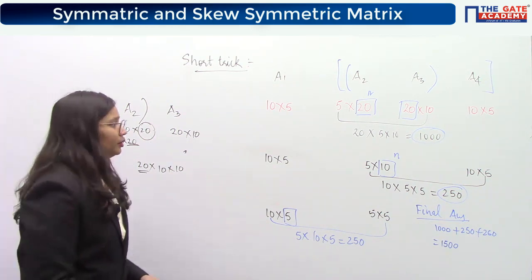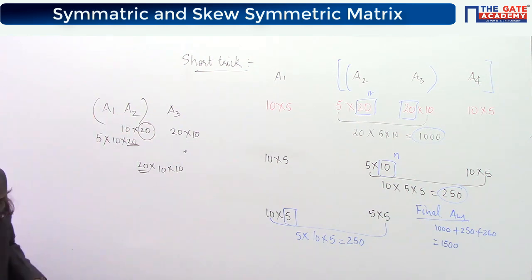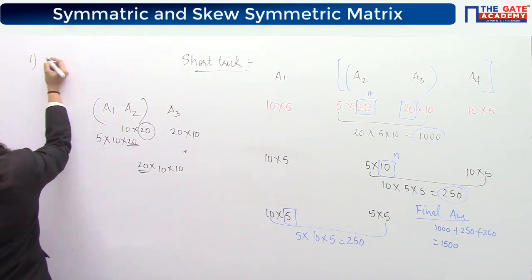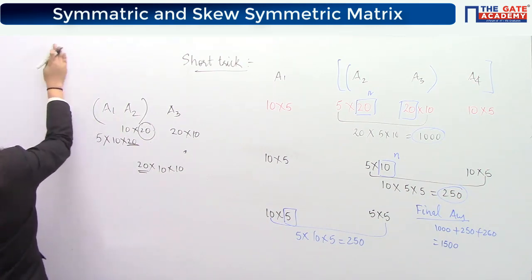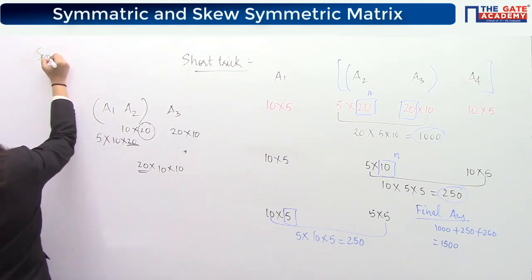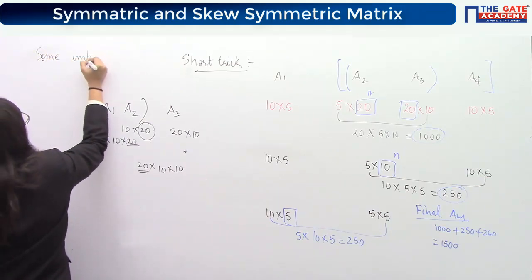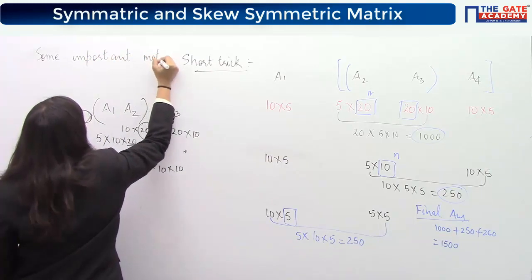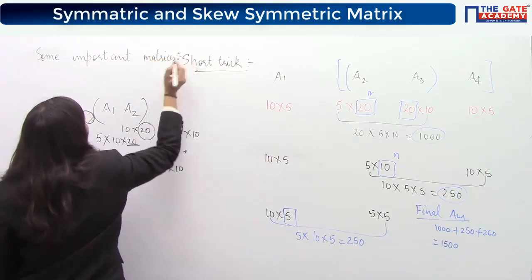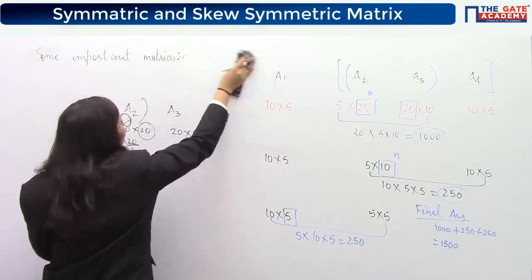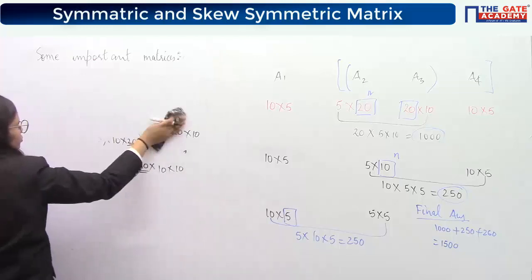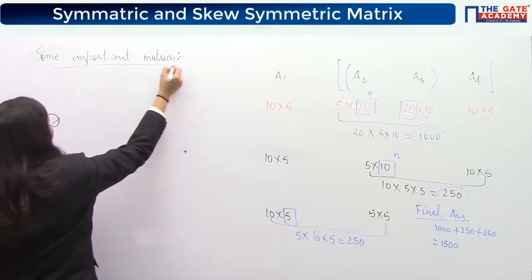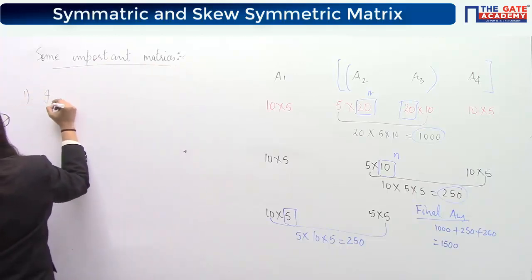Okay, so write down next some three types of matrices. First one is known as some special matrices again. These are some important matrices which may come as a 1 mark question. First one is known as